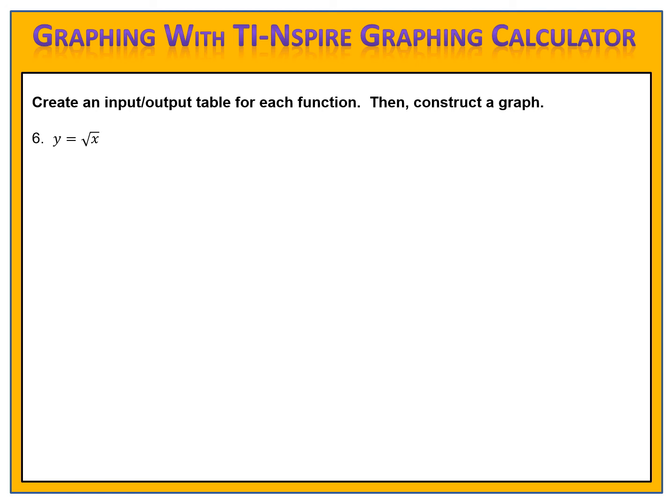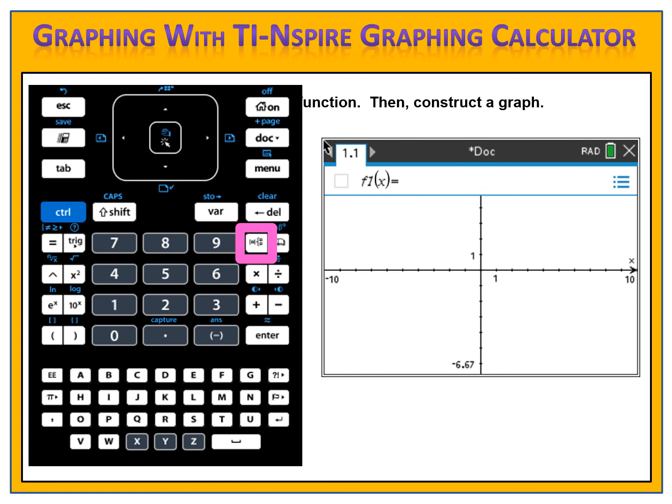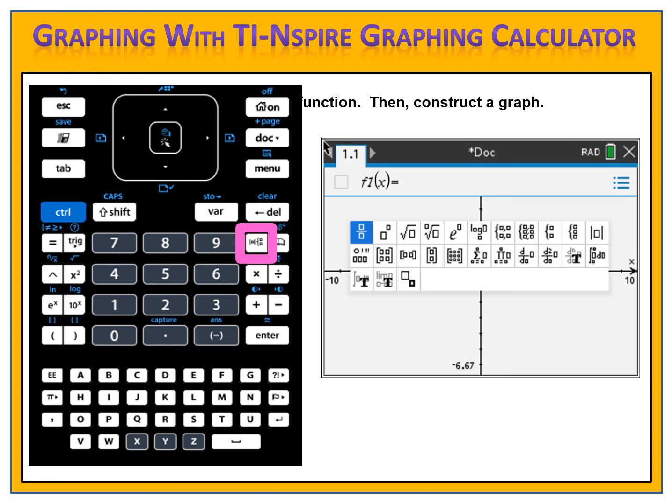We begin by starting a new document, adding a graph. And then on the graph screen, I need to figure out where to get that square root. There's a button on your calculator right here. It's between the 9 and the book. That's called the function key. And if you push that button, it'll bring up a whole menu that'll show you all kinds of different mathematical